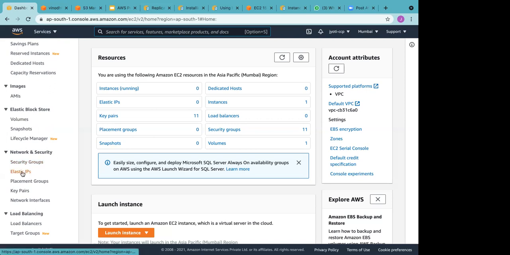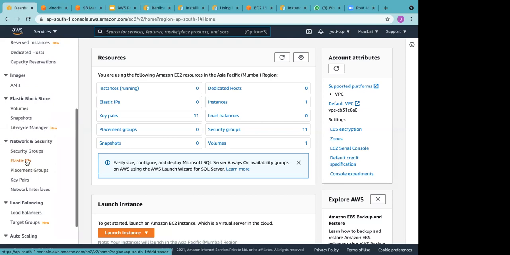Okay, then elastic IP. So what is this elastic IP? Whenever you create a new instance, or you stop, terminate, okay. So I had done a setup for Jenkins for one of my POCs, and I had to share that URL. Every time I used to stop, terminate, create, I used to get a new IP, right? So I had to make sure that the IP address should be fixed, because every time you're not going to give a new IP address. So you can choose this elastic IP, where you are saying I want a fixed IP address.